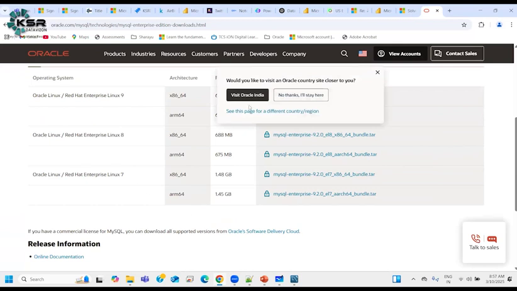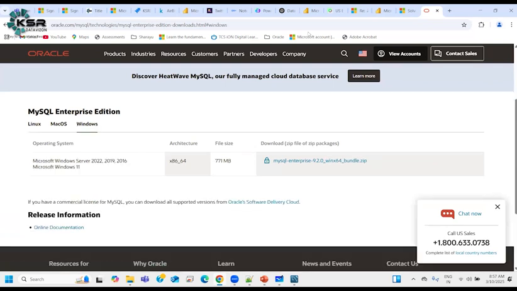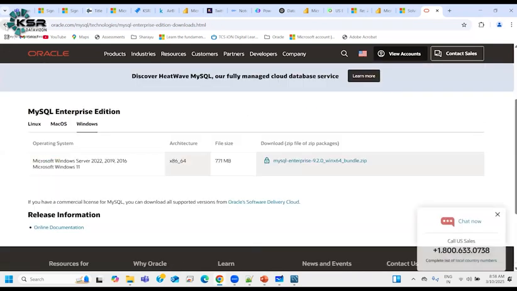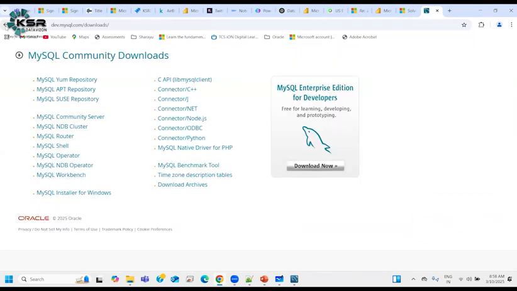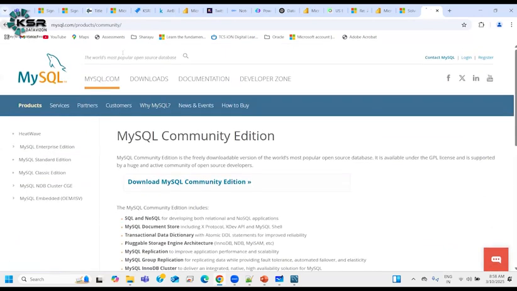So this is all the information you will get. Now you have to select which OS is present in your laptop or desktop. Go with Windows. You will download this 771 MB file. Maybe there is a zip file also. You can download this zip file as well. Or else there is one more method. This is the latest method. The one more method is